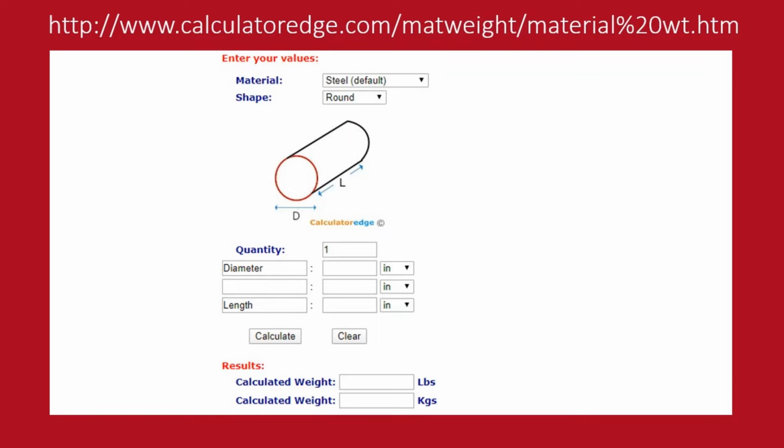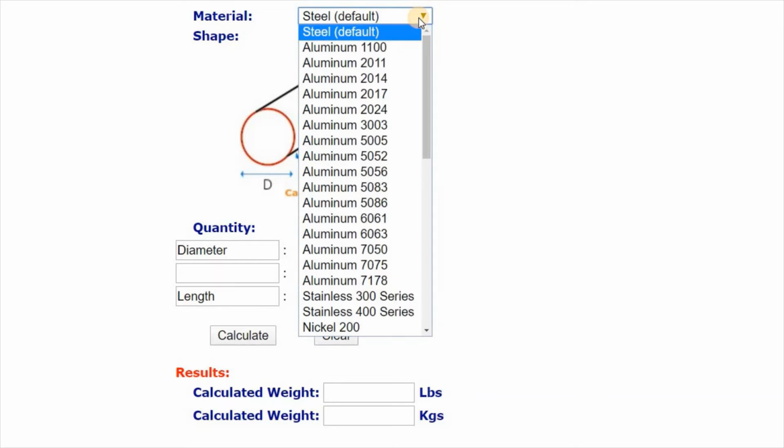Instead of that, I am not providing an Excel based calculation for raw material, because it is already easily accessible and there are so many applications available, even mobile apps. So in my case, I will preferably go with Calculator Edge and select the raw material, that is steel here.